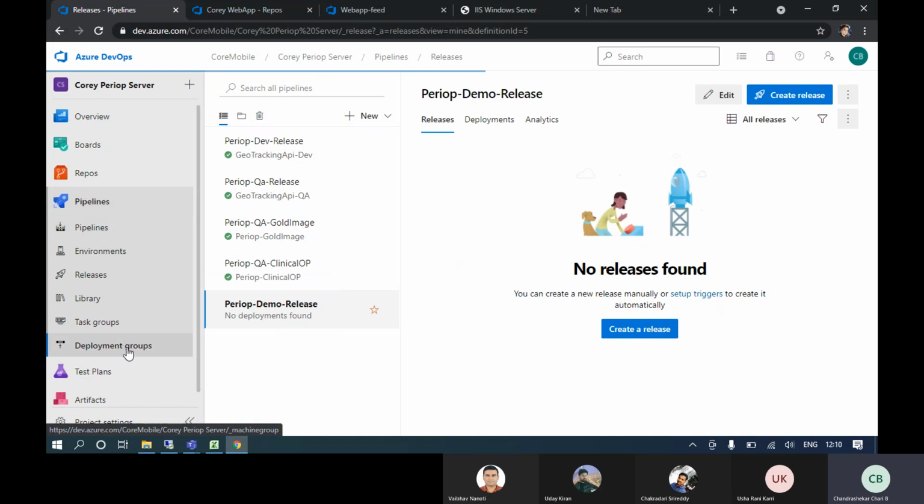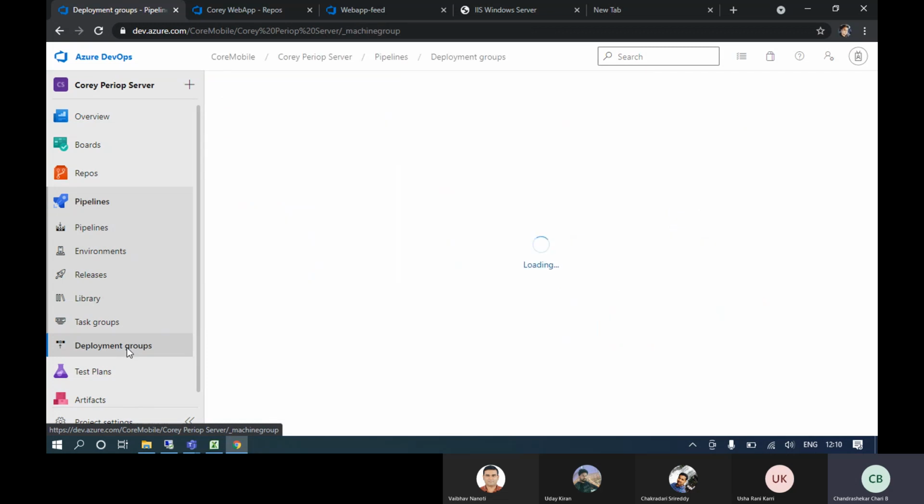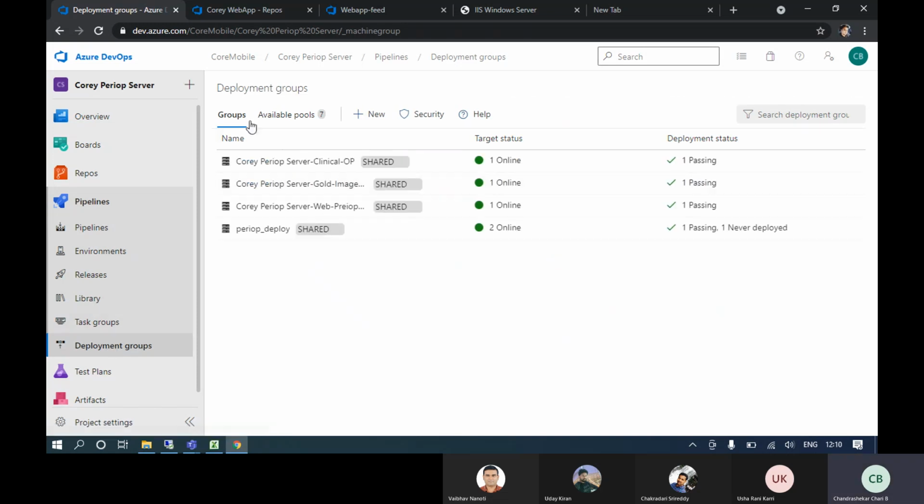And deployment group, in the sense like you have one environment like dev environment. For the dev environment, there is one server, dev app server. So in order to do the CD part, you need to deploy the artifacts, right? You need to run the deployment agent.